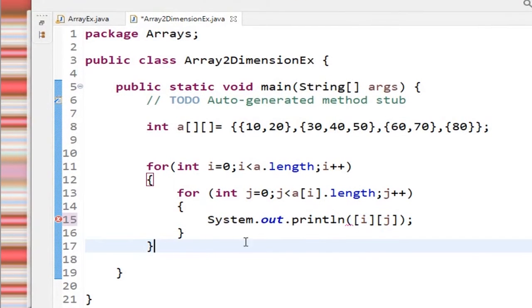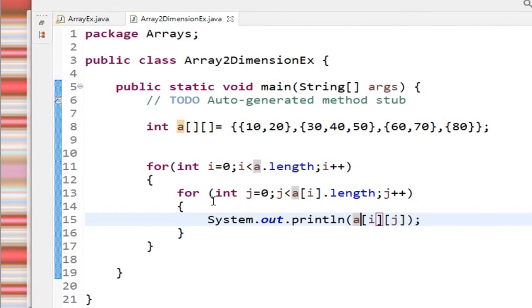See here how to print a 2-dimensional array. Here I am taking a 2-dimensional array of integer data type with the name a. So how many subarrays do I have? 1, 2, 3 and 4. In total I have 4 sub elements. So first I want to iterate these. To print the arrays we compulsorily have to go for iteration. For that we have to use for loops. Here how many dimensions do we have? We have 2 dimensions, right?